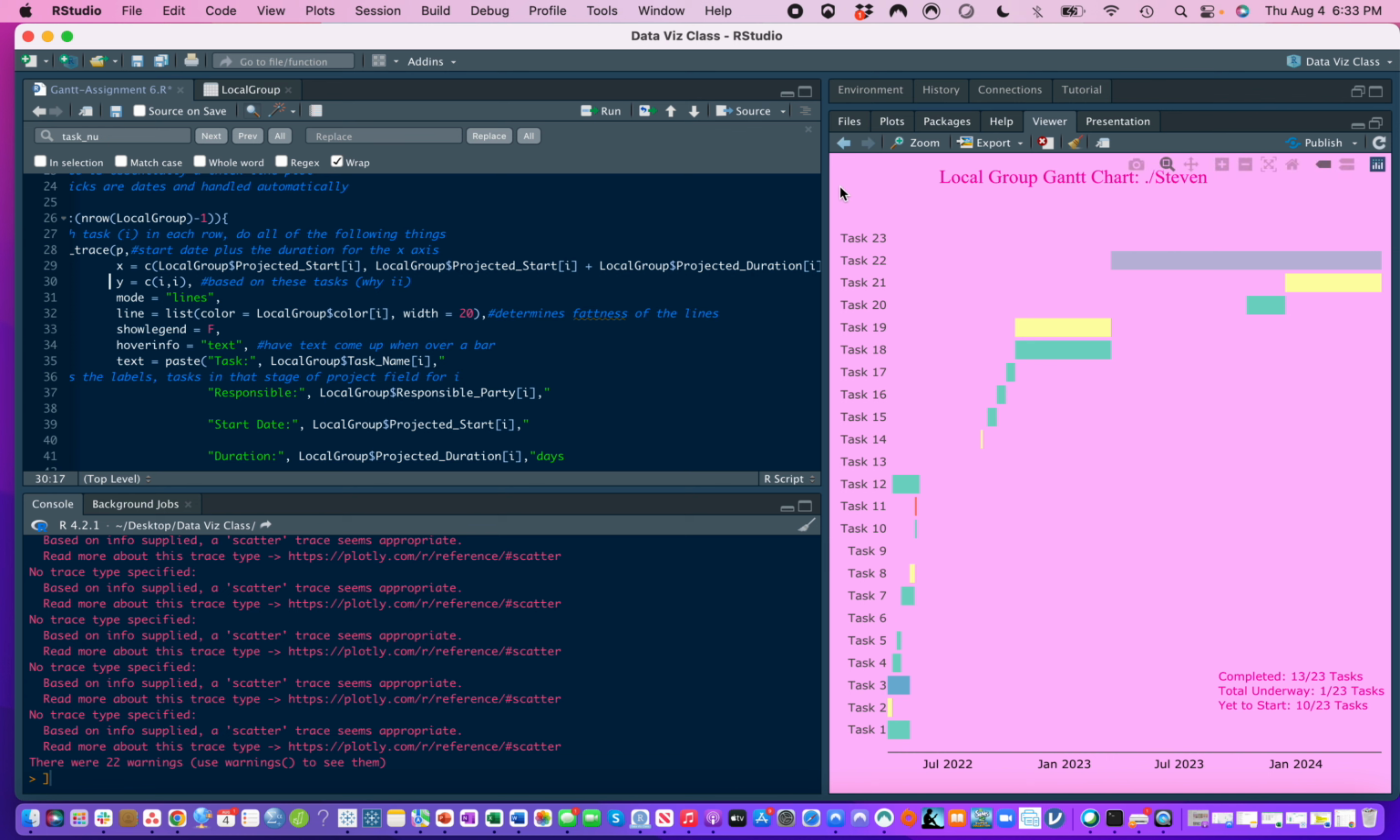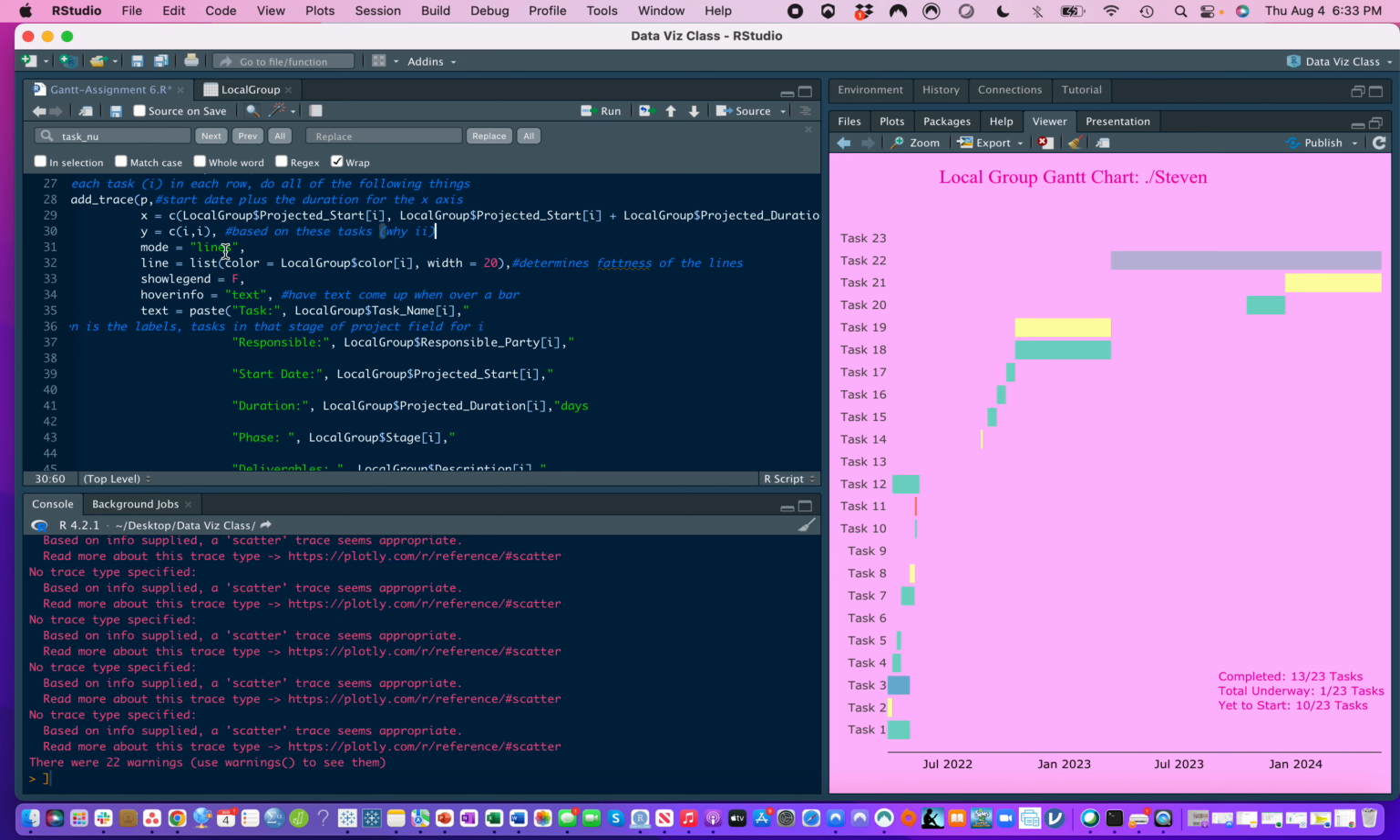We just want this to be the list of tasks, which is why it's II, because the task is I in the code. So mode equals lines. We want them to be lines, not, I don't know, circles or whatever. Not that deep. And then the line,